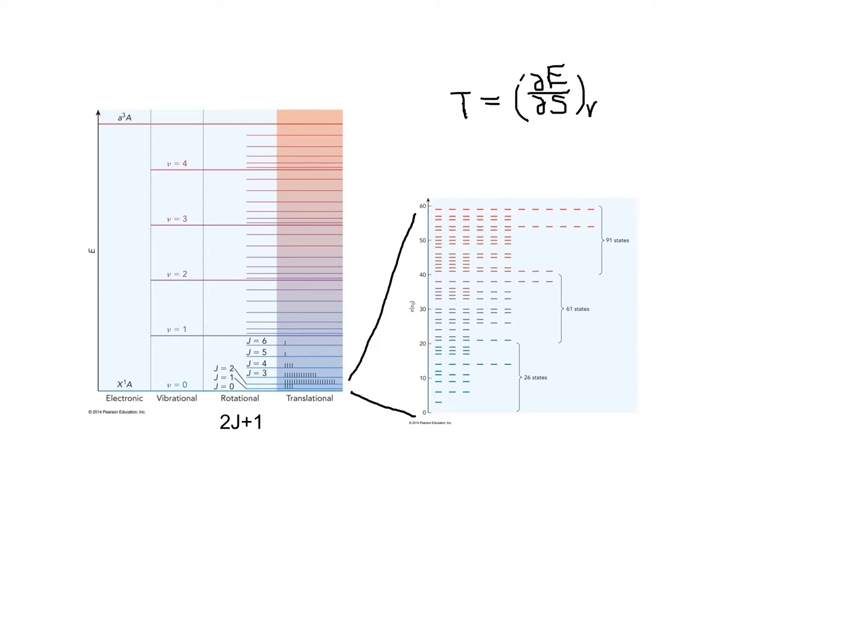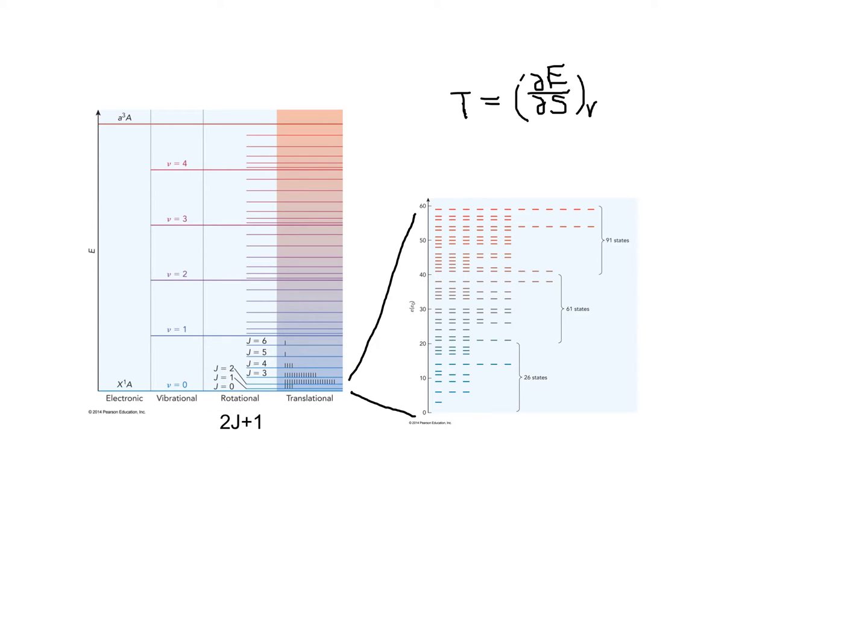Let's look at our energy level diagram again, and let's blow up a little tiny slice of energy and look at the translational states in that small slice of energy. You can see that for a very small increase in energy, we drastically increase the number of microstates, making the temperature large. If we look at rotations, remember that each rotational state is 2J plus 1 degenerate, so this first